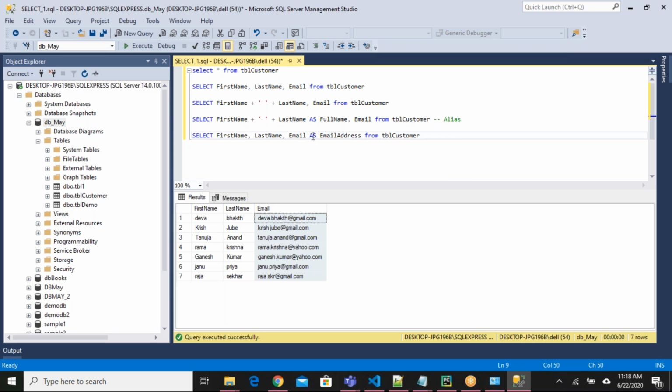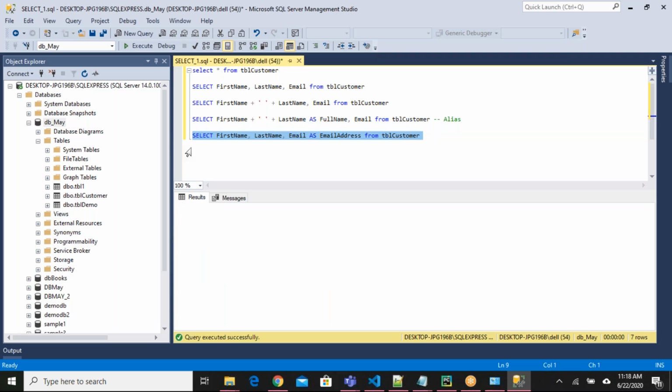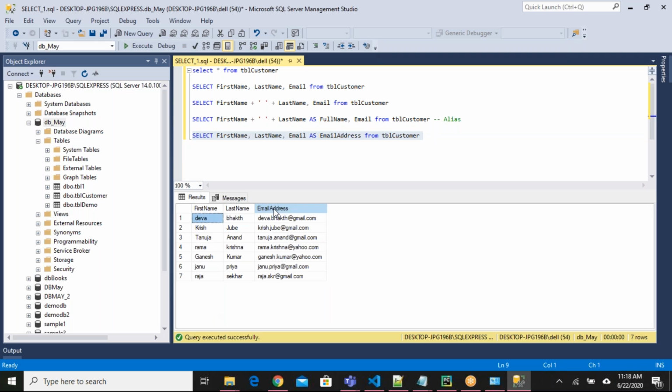As is optional. If you say as and email address, it is fine. If you don't specify as and provide email address directly, also fine. If I run this, see here, instead of email I'm getting email address. So this is about alias names of the columns.